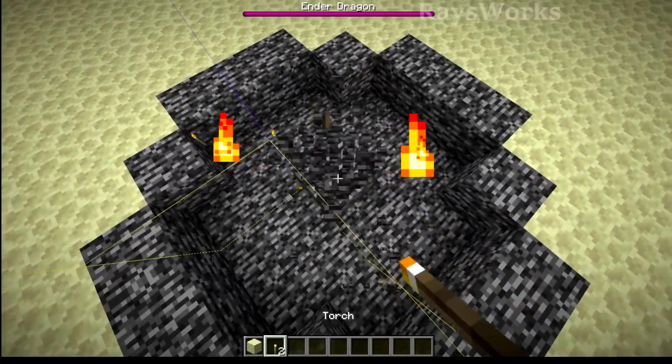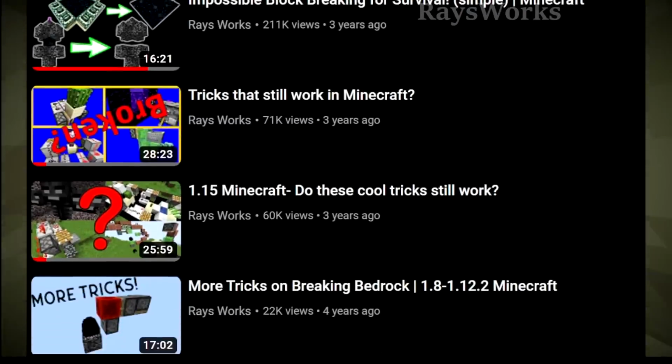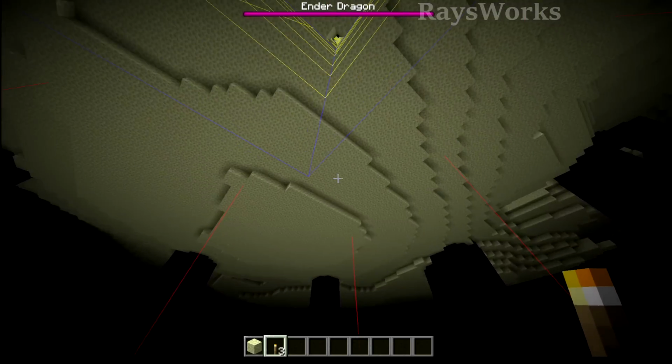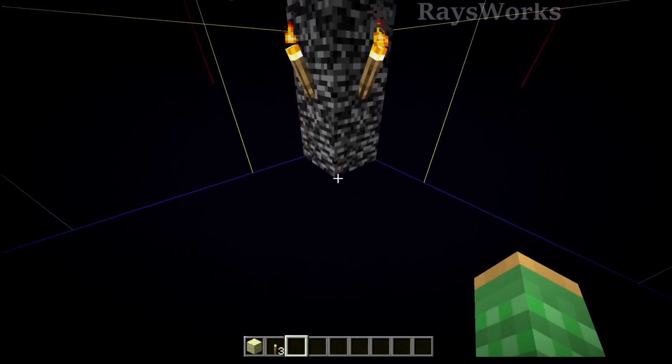Now there are a few different ways you could break this bedrock here in survival. I have a whole playlist about bedrock breaking in survival. Check it out if you want to see what method will work best for you. So let's kill it with no blocks underneath of it, and you can see the portal gets placed at the lowest